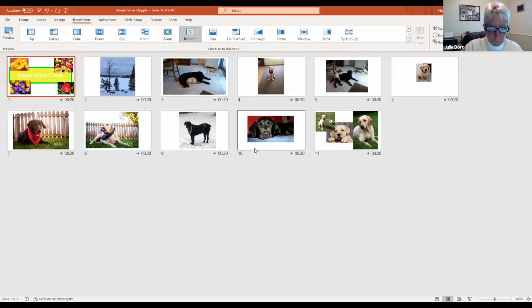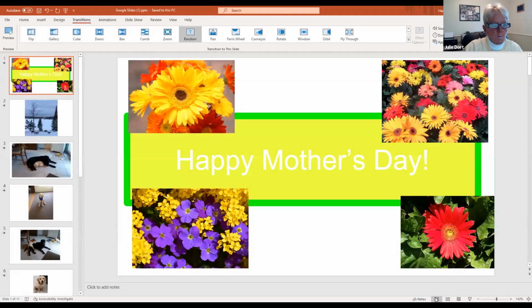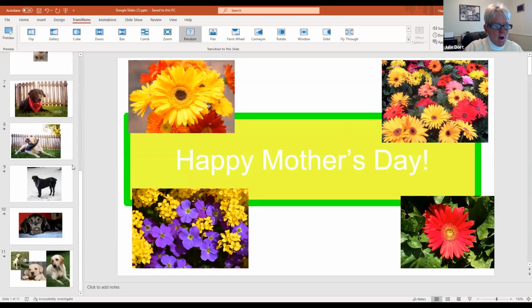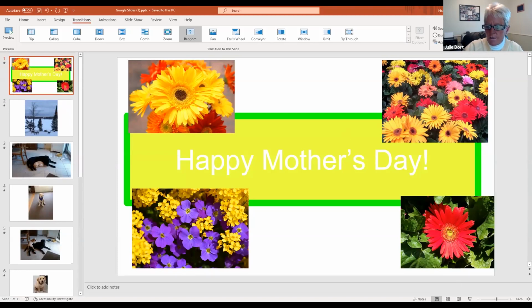So now, if I want to see what I have, you can either double click on one of the slides, or you can come back down to the bottom in the lower right hand corner and click on normal. Either way will work, and it takes me back out to my normal view. From the normal view, you can see that you have a transition on there, because underneath the 1 there's a little star, and underneath the 2 there's a little star. But you can't see that there's a timer on them. So right now, if I were to go to the slide view,